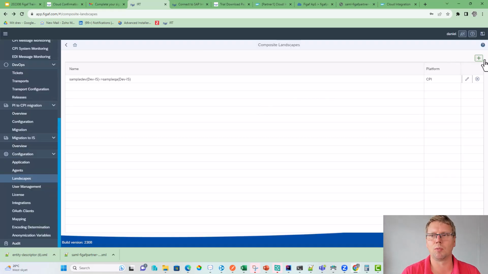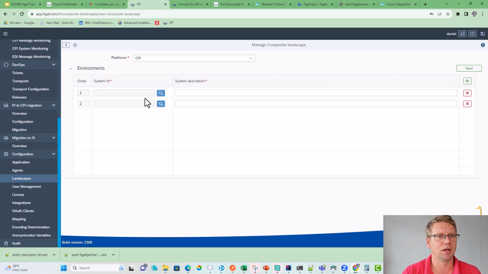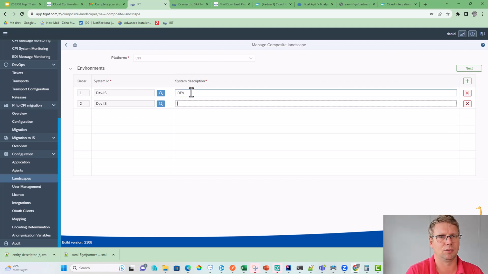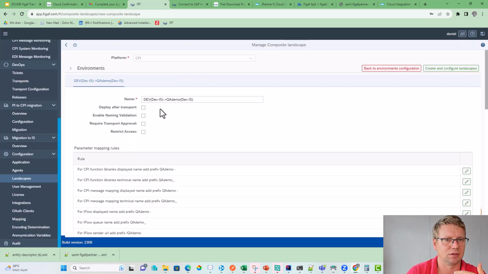But let's create one here from this demo here. So we will select 2 tenants. So obviously right now we only have this one tenant on the system because the other one is not connected yet. So let's call it dev, and here we'll call it QA. But because I probably already have a number of QA on this, I will just call it demo. So we know that this is related to this. So this is my first step, to define my landscape. What are all the different steps and iterations in this? Well, let's just add